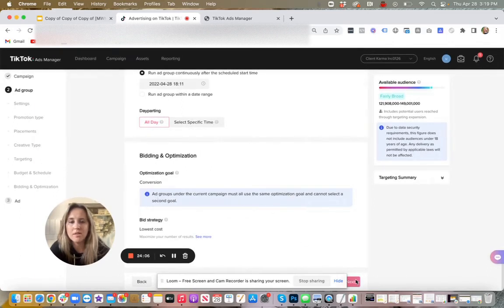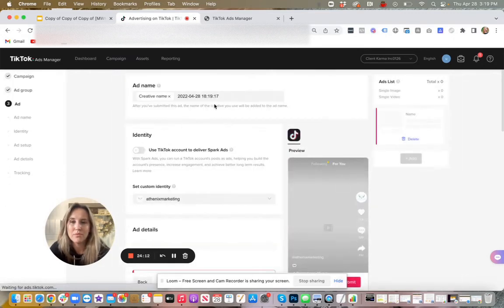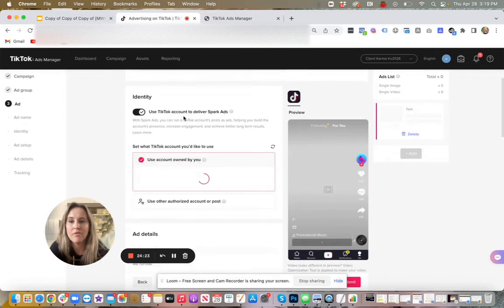Okay, so next you go and create your ad. And this is where, for the method that I teach, we do not use what they call Spark ads. So if you have a video on your TikTok profile that you want to use as an ad, then you turn this on, and you have to connect it to your profile here, and you can use a video that you've already published.